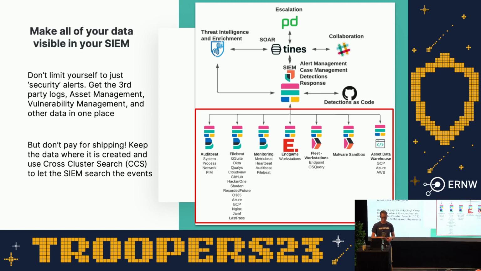And so we use cross-cluster search. It's an Elastic feature where you can have these clusters, and then you have one central cluster, which we use for our SIEM. It doesn't actually contain any data of its own, but it has the ability to run queries on all of the other remote clusters. And this helps us because, like I said, we have observability data, so our ops teams want access to that. We have HR data, and we give our HR team access so they can run reports and do all that stuff. And then we can query everything without giving them access to everything.